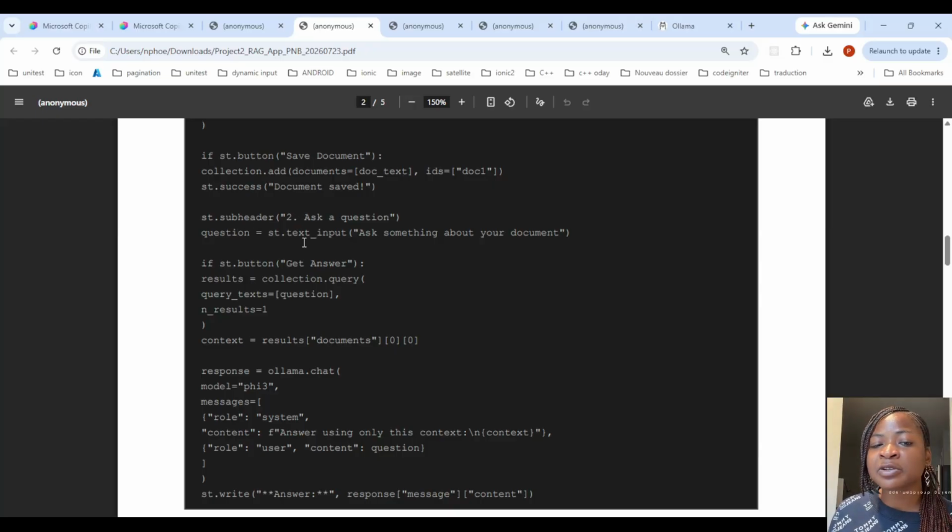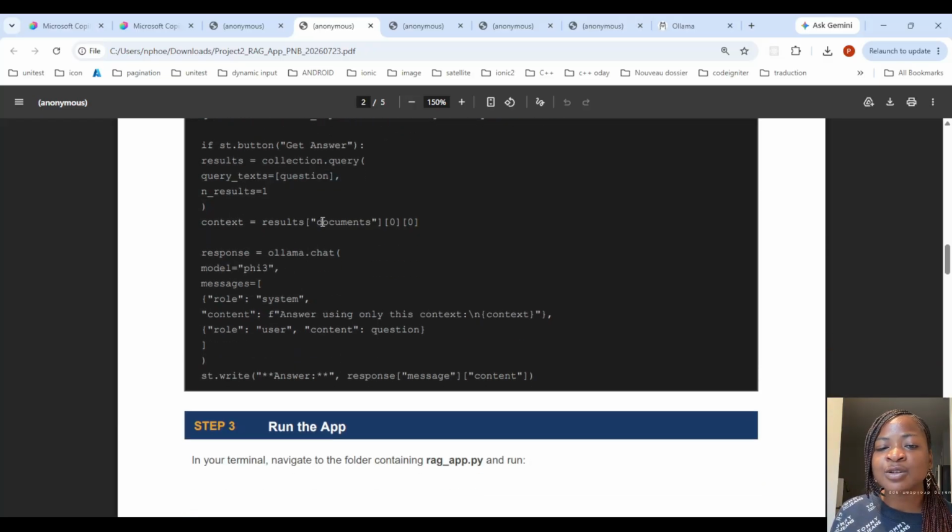And then we have another subheader where you can ask a question. It has a text input. Once you ask a question and you click this button, get answer, it queries the collection that is our ChromaDB database. You put your question here, and the result count should be 1. And then the document, it takes the response that is a table, so it would take the index 0, 0, and